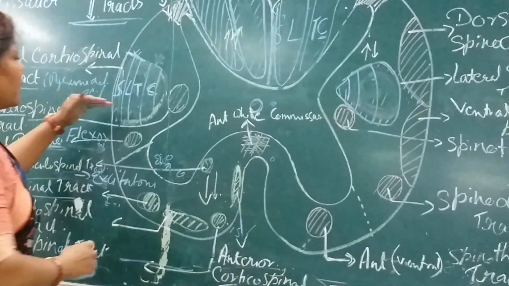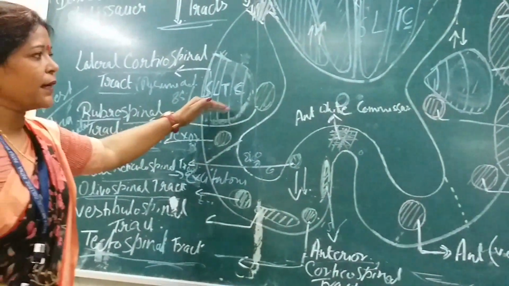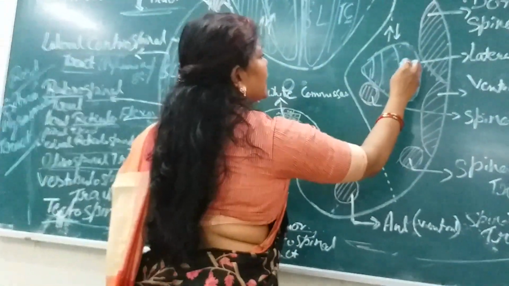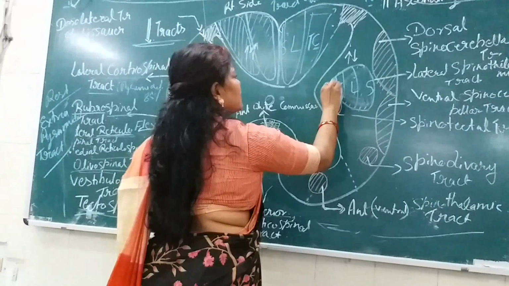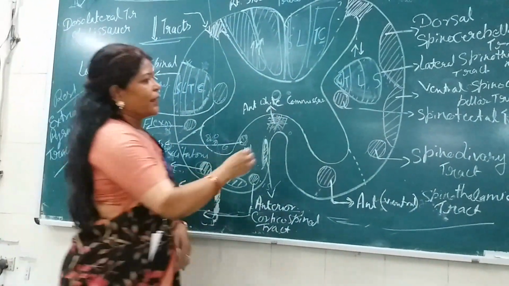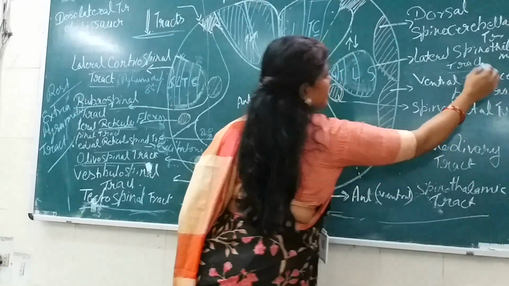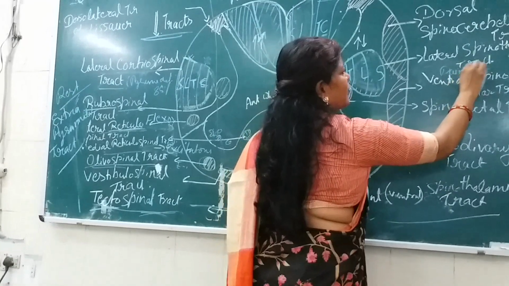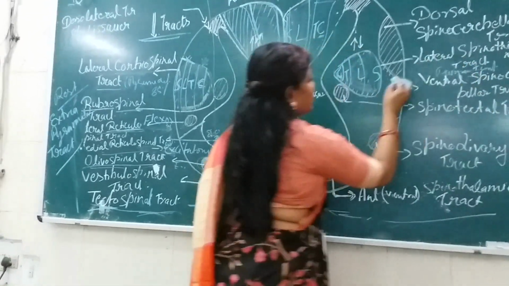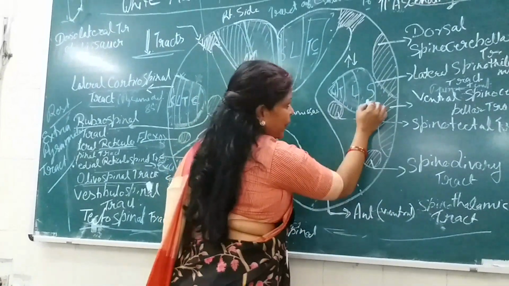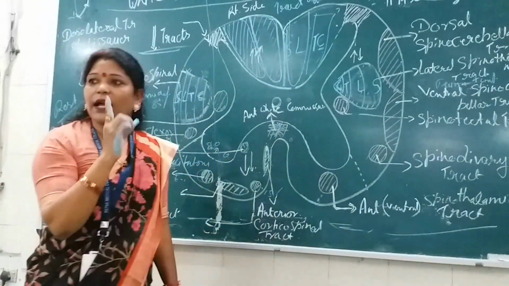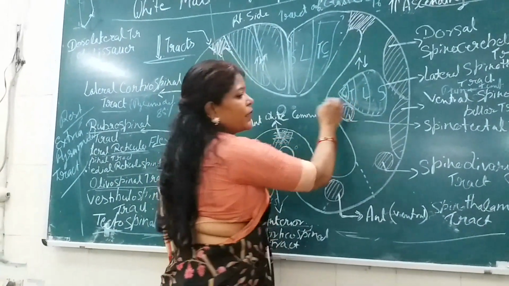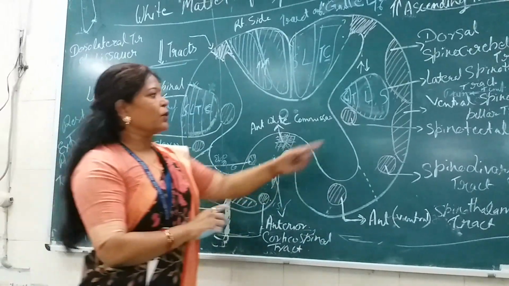the pattern will be the same as for the descending tracts; it will also ascend from the sacrum, then the lumbar, then the thoracic, then the cervical. That means the lateral spinothalamic tract is concerned with pain plus temperature. From the lower limbs, the pain and temperature fibers are the lateral most in this tract, and from the cervical region they will be the medial most. Okay, so this is the pattern.